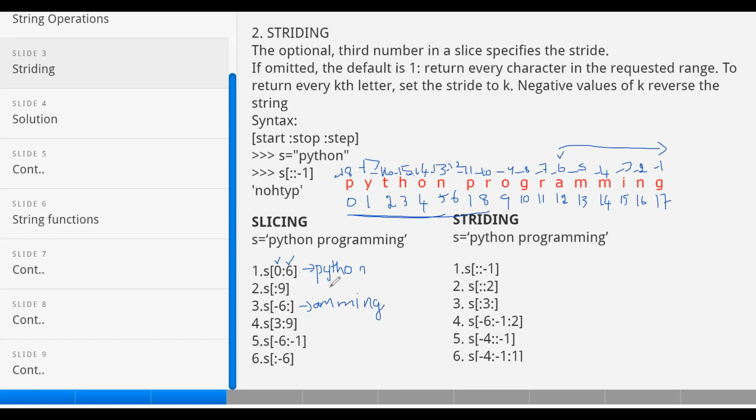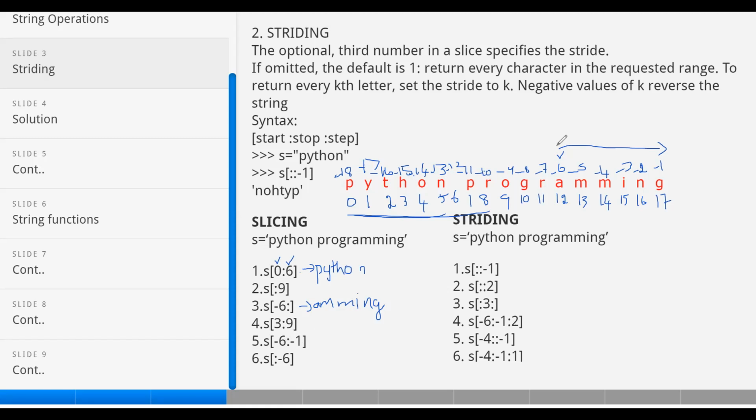Always the slicing will be moving from left to right. So next, 3 colon 9. So 3 colon is from H to R, that is from the third index to the eighth index.